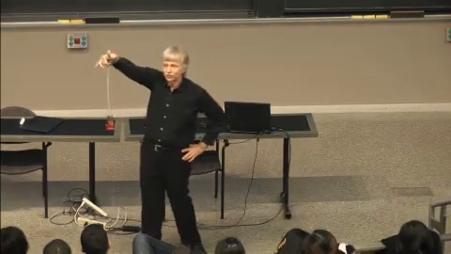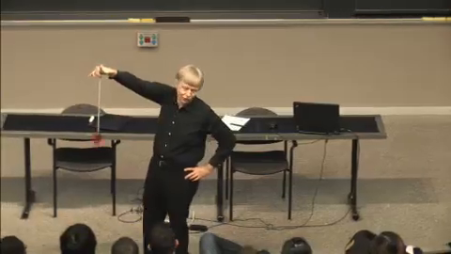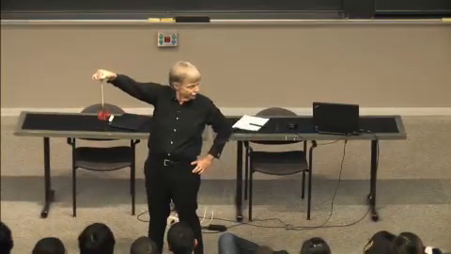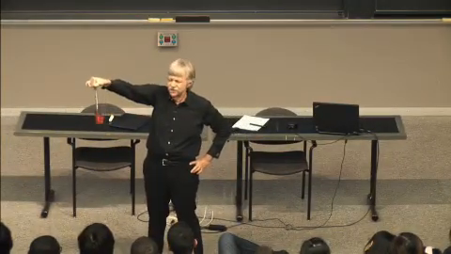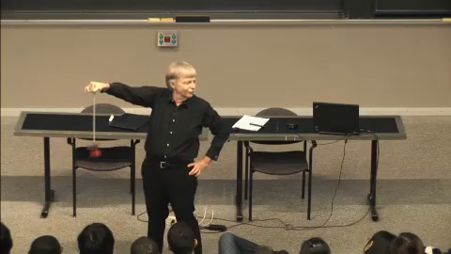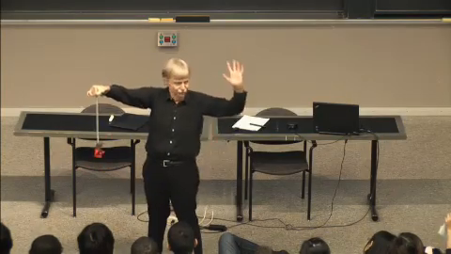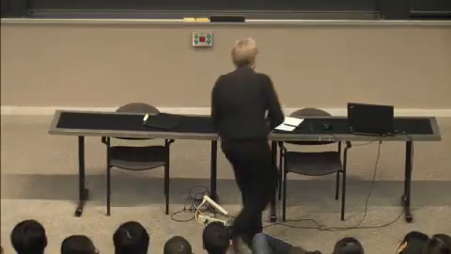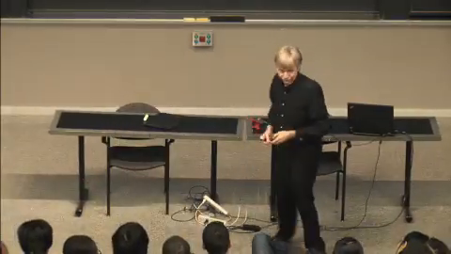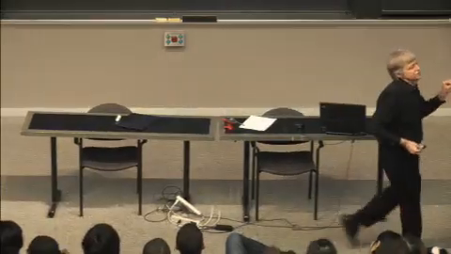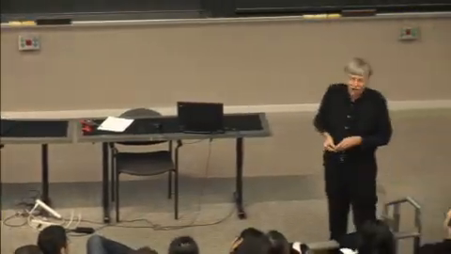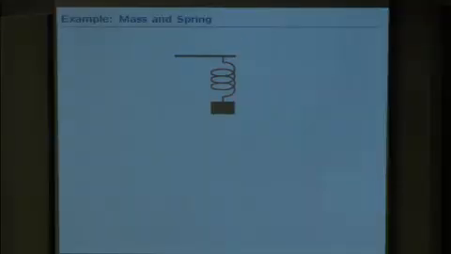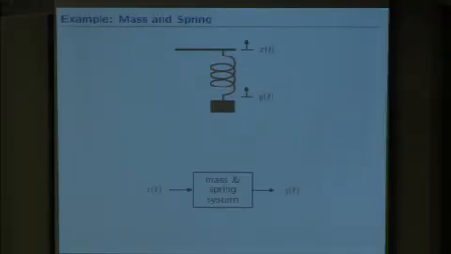You all know how to solve it. There's a gazillion ways you could solve this system, right? Free body diagrams, kinetic energy, potential energy. There's a gazillion ways you could do it. You all know how to do it. That's not the point. The point is that we're going to learn a different way to solve it. We're going to think about the mass and spring system not like potential energy and kinetic energy, not like free body diagrams. We're going to think about it as transforming an input signal into an output signal.